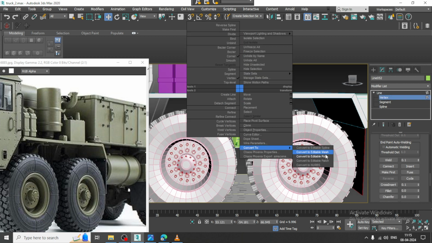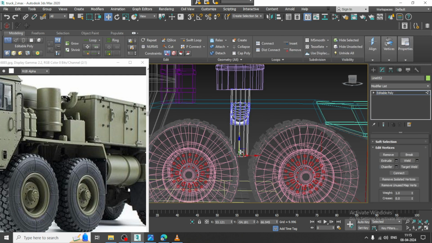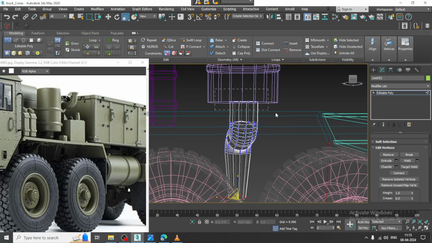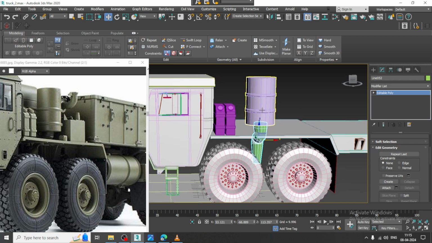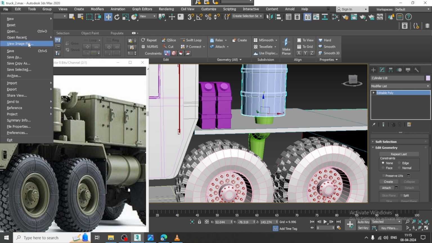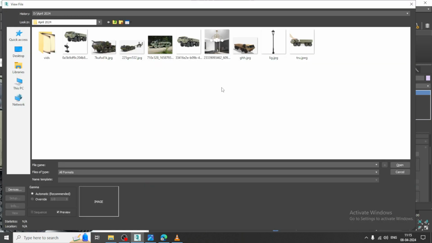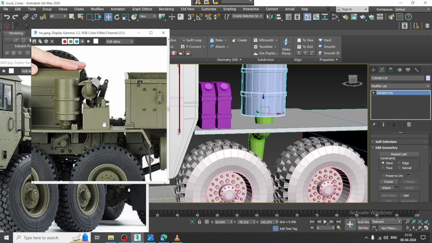And convert to poly over here and again resize it in this way, scale it so I can just keep it in this way. I'll just push it a bit down if required. Again I'll go into this. Let's take some more references. I do have some references, we can go with that,